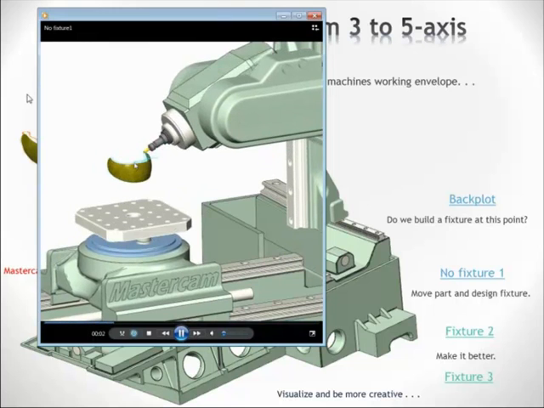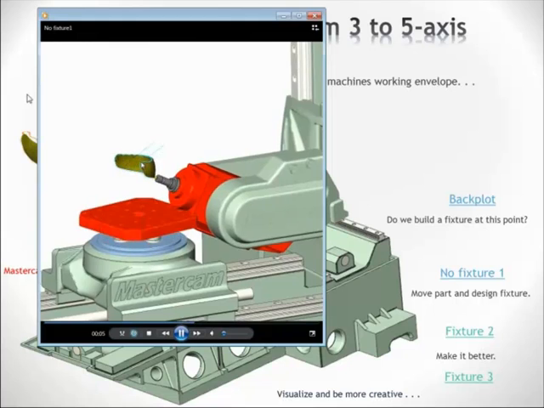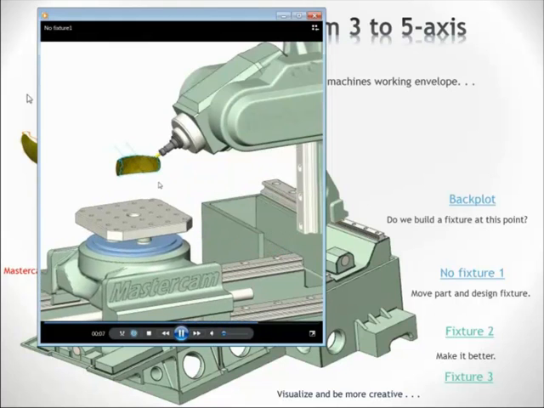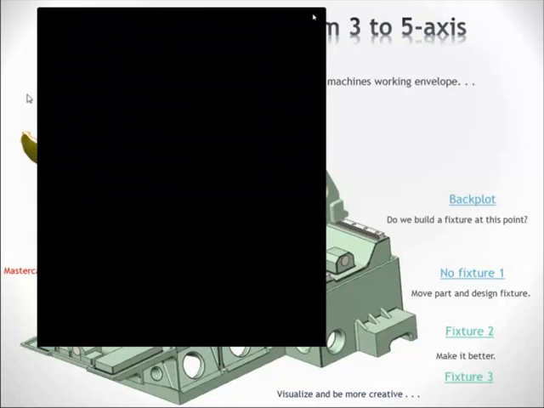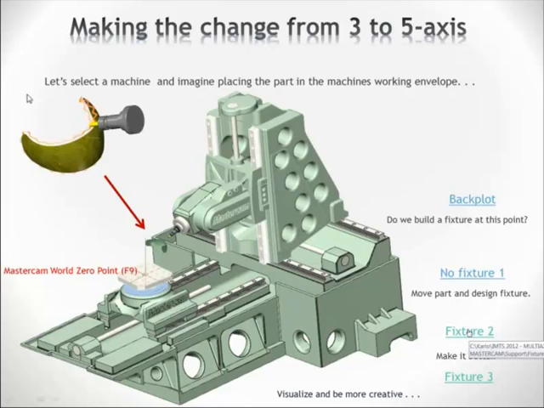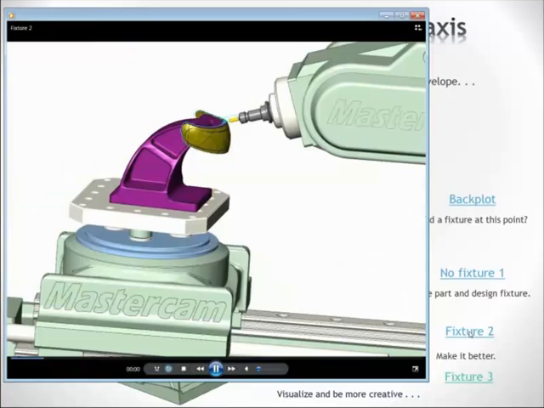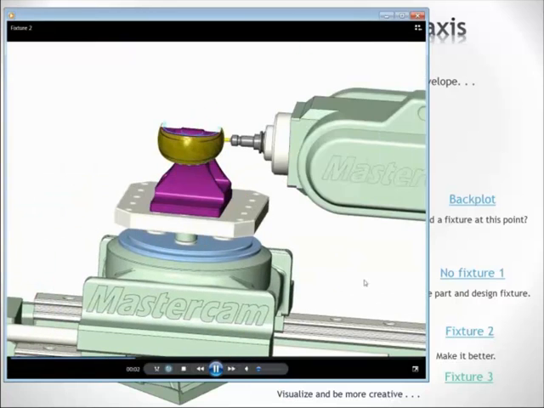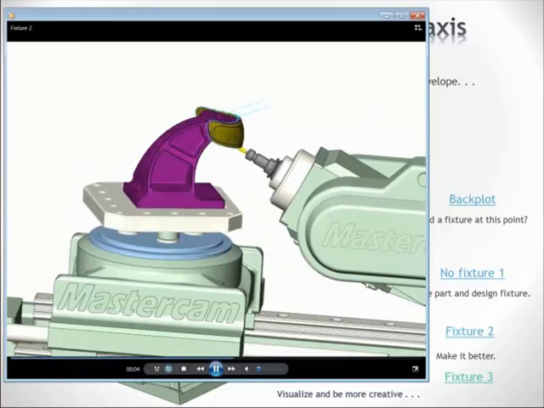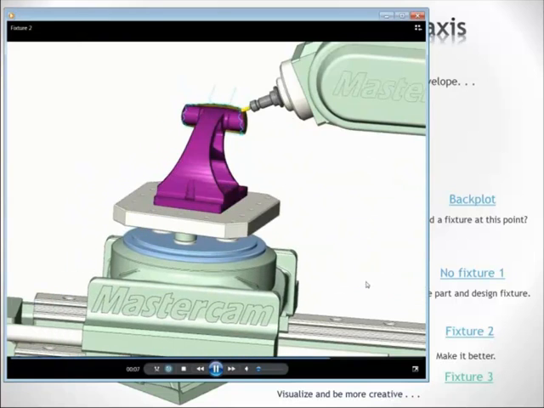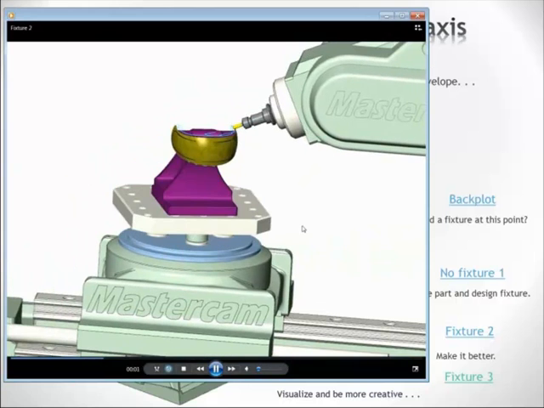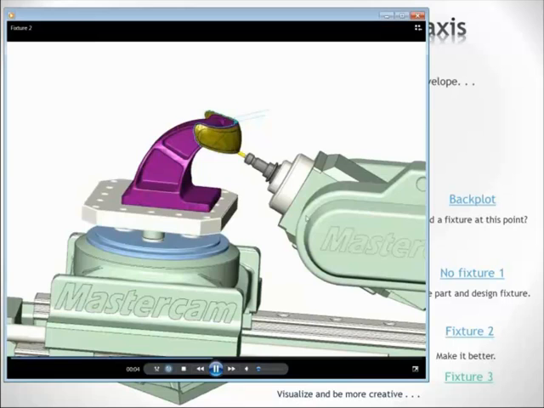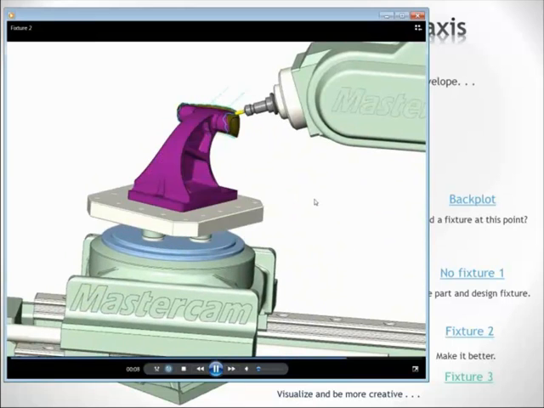Okay, this is not a programming error, it's a positioning error. If I move this part closer to the edge of the table, I may avoid a collision. So let's do that. I will design a fixture, even though it's a little premature, and say, okay, let's see. I move it closer to the edge. There's my fixture. Run it through the simulation, and there is no collision. So that's great, but right here I have an over travel, and the simulator would tell me that you have an over travel on your